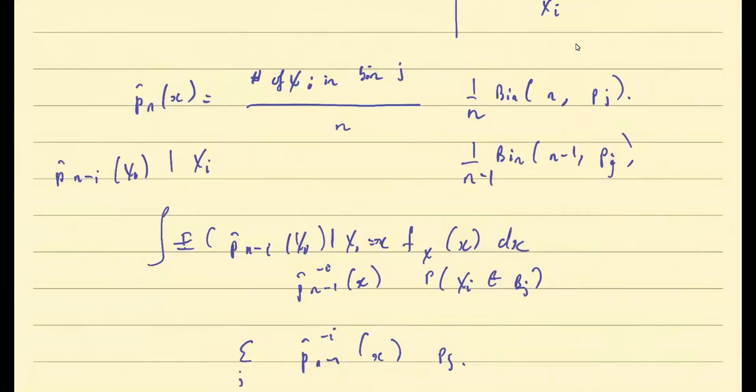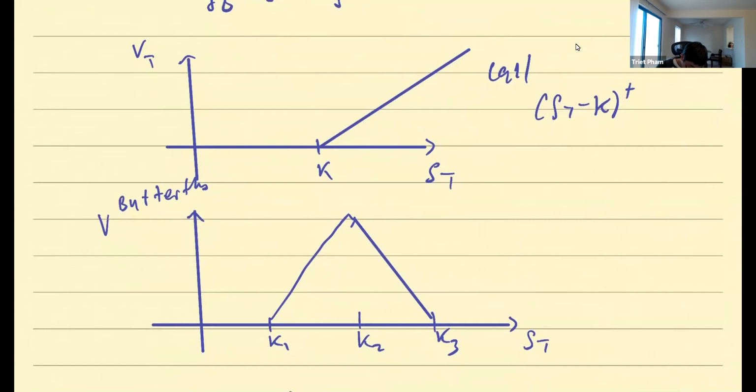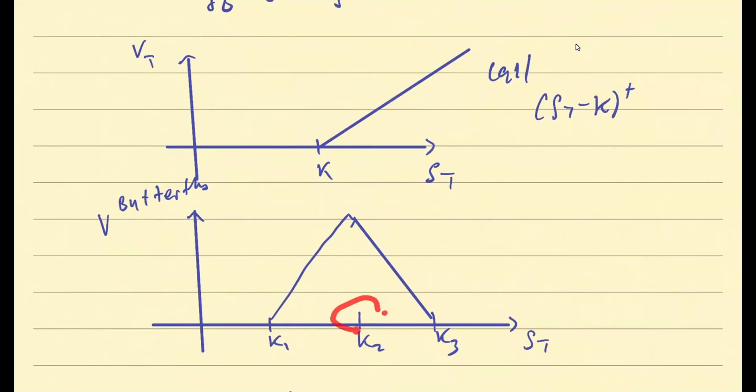In problem 3, part B, do we just use the routine way with the butterfly to answer it? So let's see. Basically, here's the butterfly, and here's the payoff function. Supposedly in part B, you start out in the middle. This is where you are.